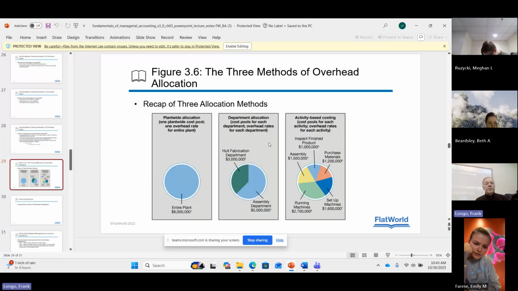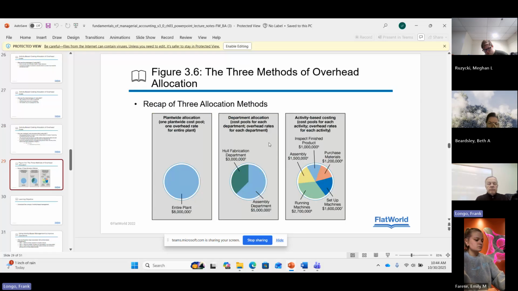On Tuesday, we spoke about 3 methods of allocating overhead. We spoke about plant-wide. We're only looking at the plant. That's one method. Another method is allocating overhead by a department. And third method, allocating overhead by activities. Which one we choose to use depends on the product we make,